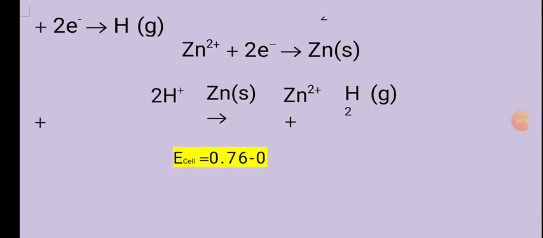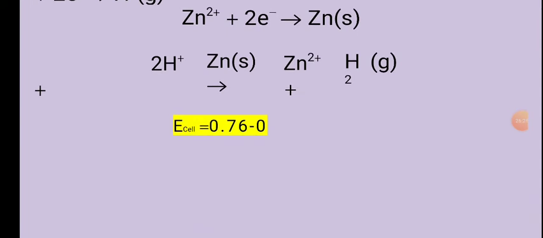If you consider the cathode, the standard reduction potential is 0.76 volt, and for hydrogen it is 0. So if we use zinc and hydrogen on platinum as the electrodes, then the cell potential will be